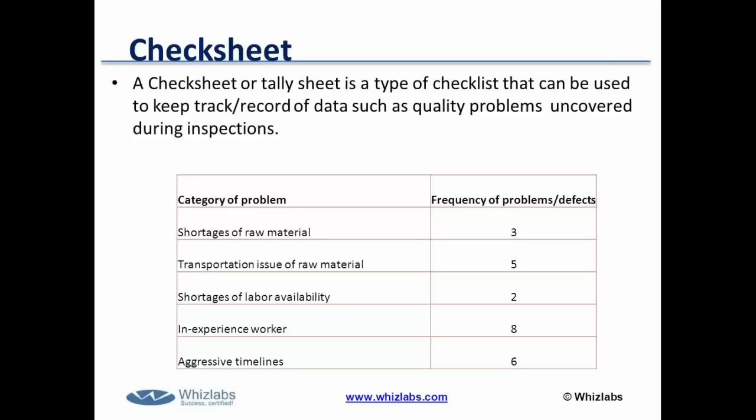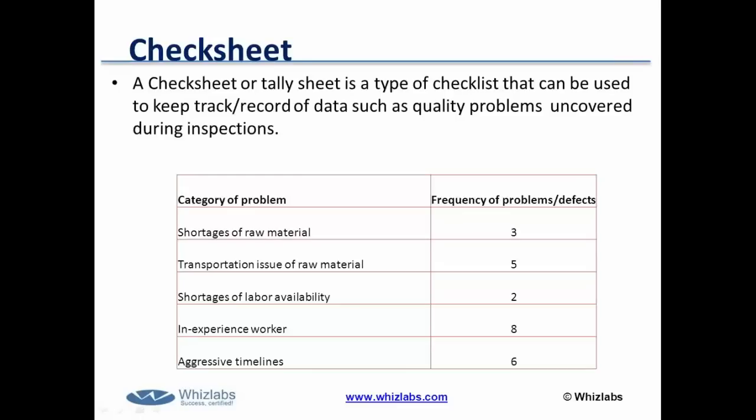The checklist is basically about monitoring whether each and everything has been delivered or not. It is a list, just like a process: whether this one process has been followed or not, whether the second process has been followed or not, about the product and all. So it is about checking what has been followed and what has not been followed, which is collected during the planning process. A check sheet, in case, is basically recording or tracking of data